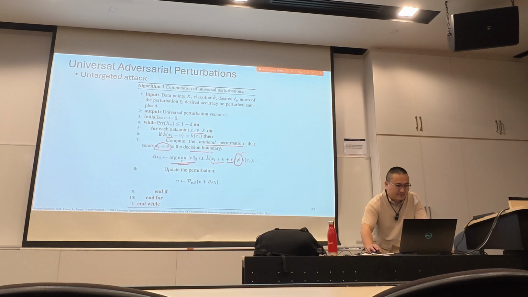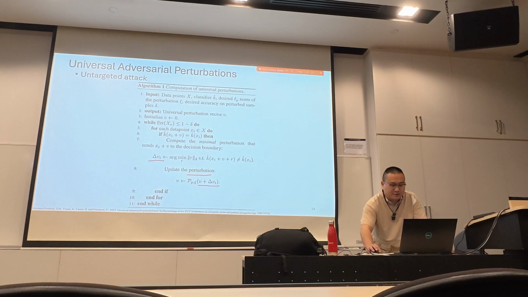And then the result is the small extra perturbation, so we denote it using delta V. And then we update the UAPs. We add the extra perturbation to the already generated UAP, and we project it back using the constraint, because we need to make sure that the UAP is still within the constraint that we specified